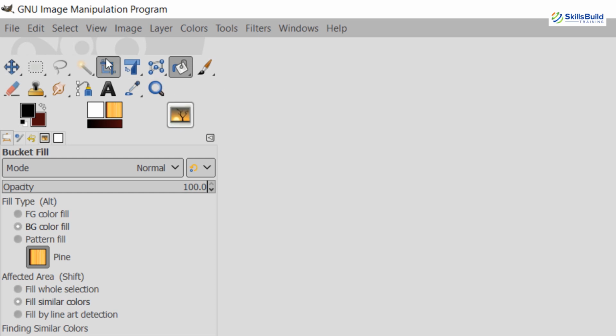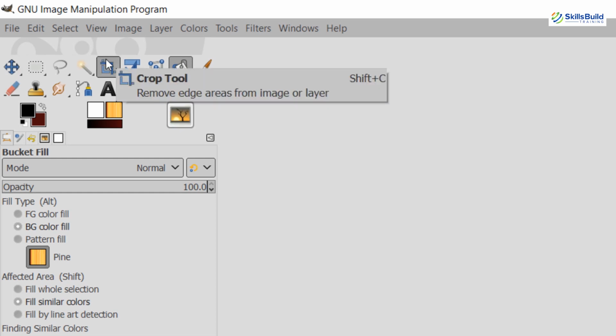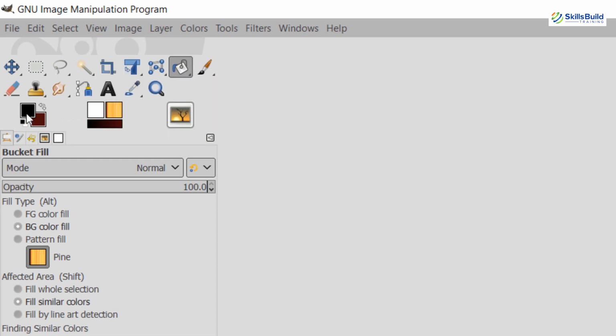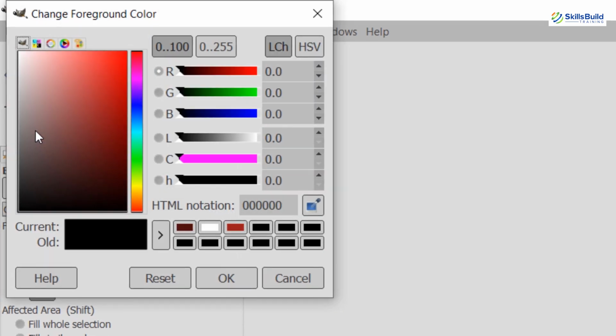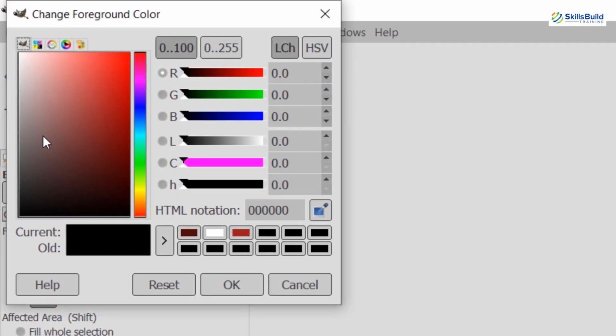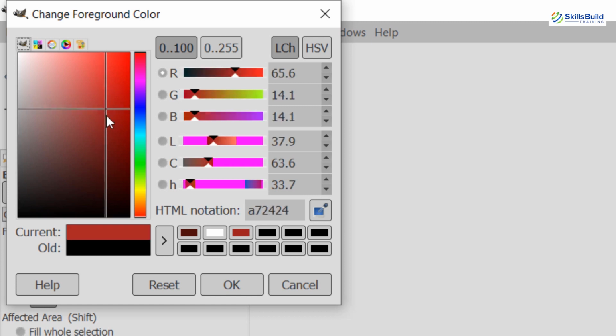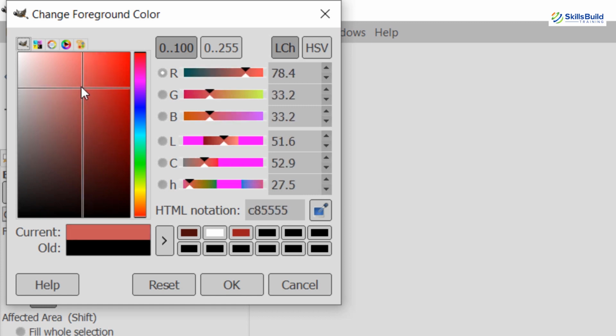Well, these icons are buttons which activate tools for a wide variety of purposes: selecting part of images, painting on them, transforming them, etc. Now coming towards the foreground and background colors. The color areas here show you GIMP's current foreground and background colors, which come into play in many operations. Clicking on either one of them brings up a color selector dialog that allows you to change to a different color. Clicking on the double-headed arrow swaps the two colors.